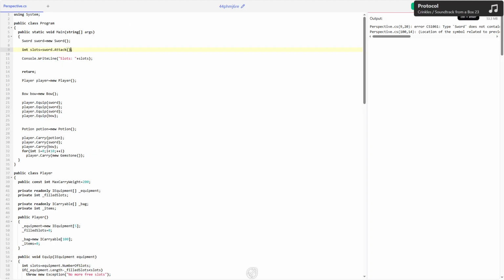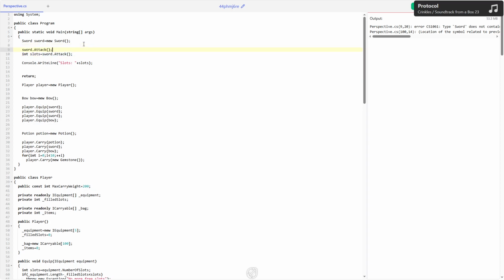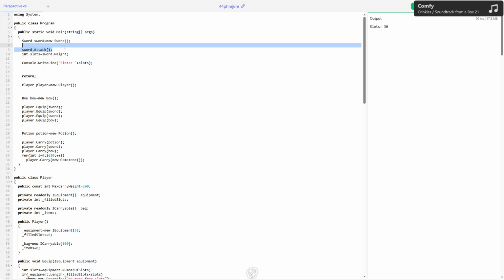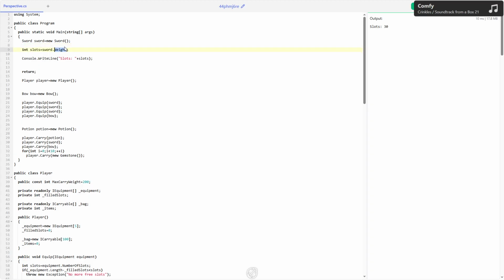Wait. That's fine. And wait, these two are fine to use. Semicolon. Why can I not type? Please type. So this is okay. These are part of Sort. If I want to use the specific number of slots,